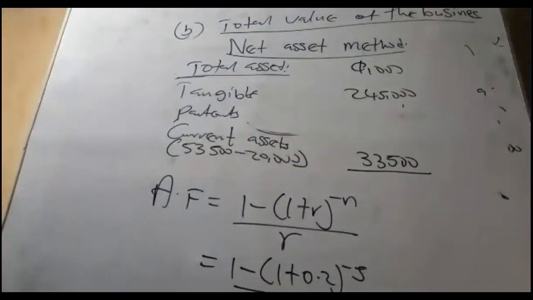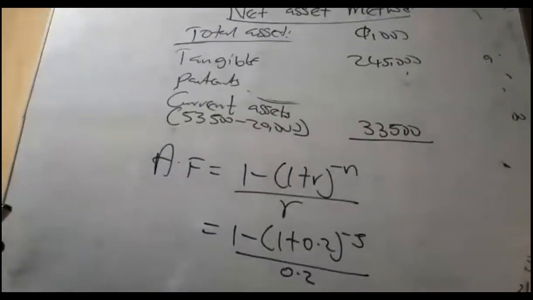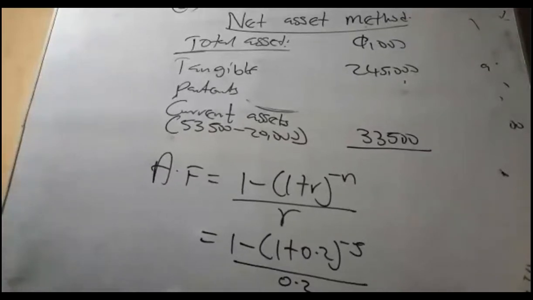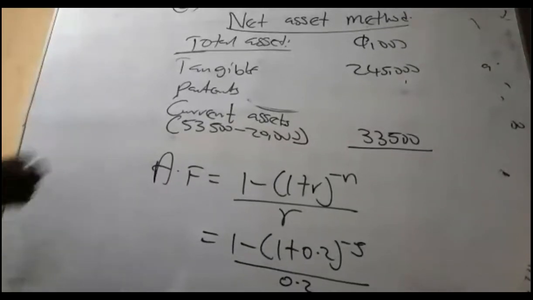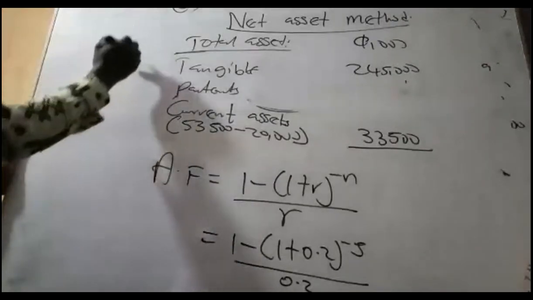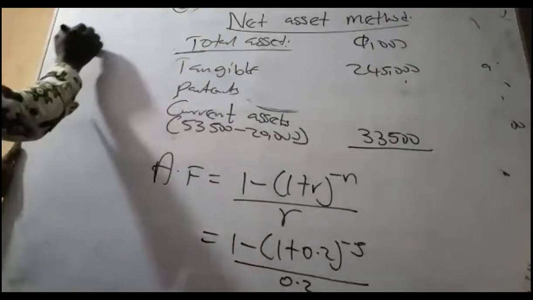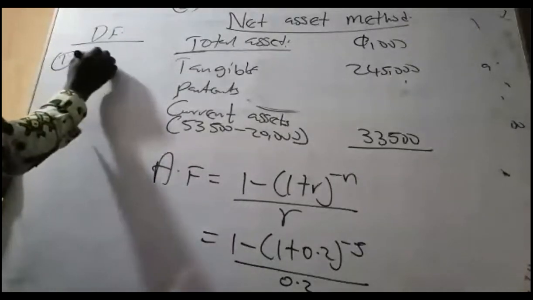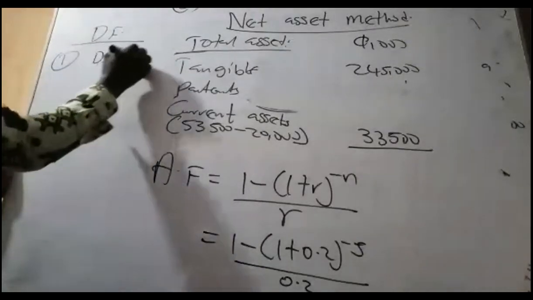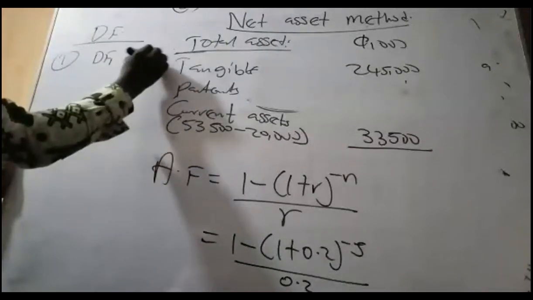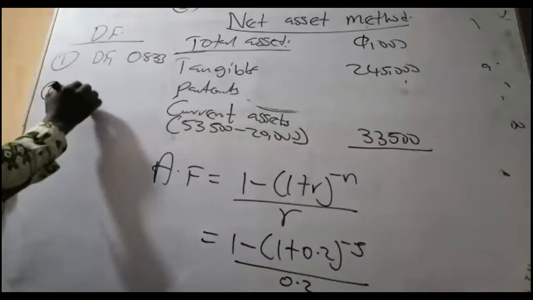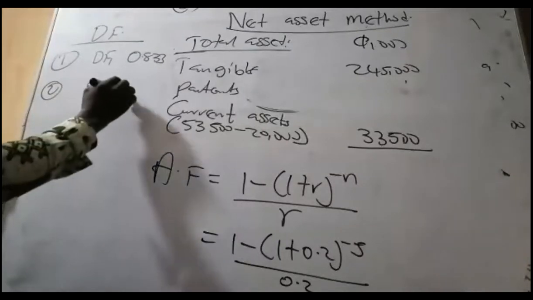So for those of you who are using the FX calculator, you can punch it and it will give us the answer. For those who use the ordinary type, it will take time. Unless you do the discount factor one by one, then you sum them up. You calculate the individual discount factors. Discount factor for year 1, you put the answer down, 0.833. You go to discount factor for year 2. It will give us